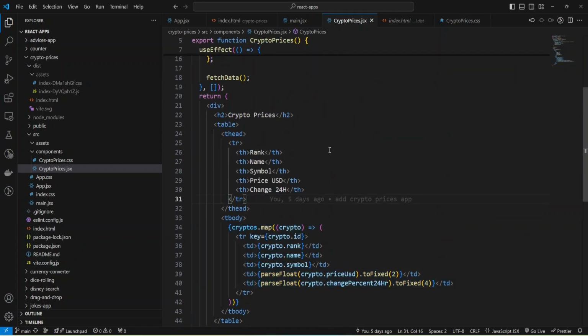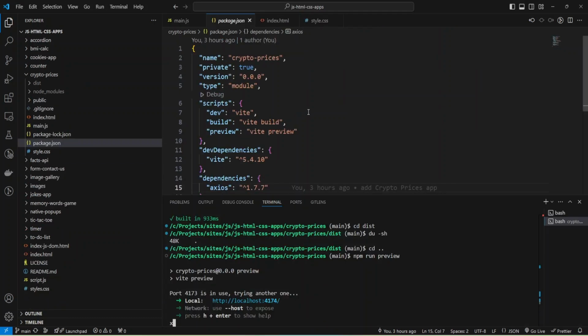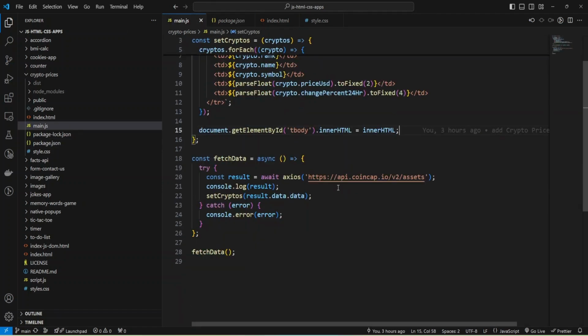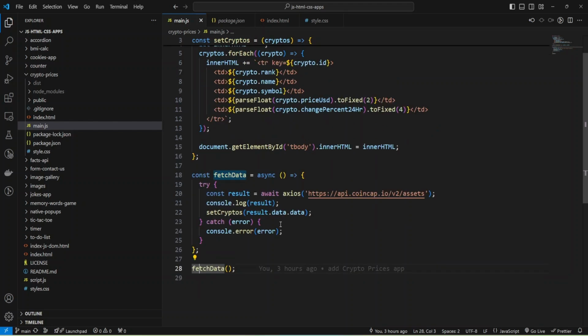And let's take a look at the HTML JavaScript application. And so I can hide the panel. And we have main JavaScript file. And I just copied the fetch data function and just calling inside script.